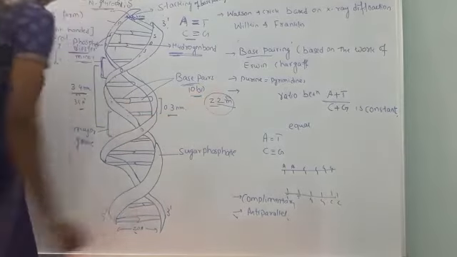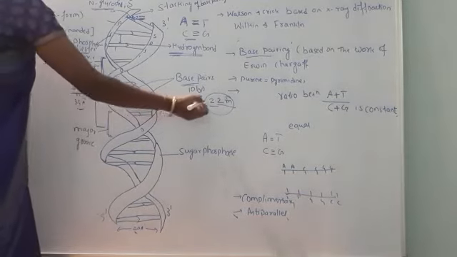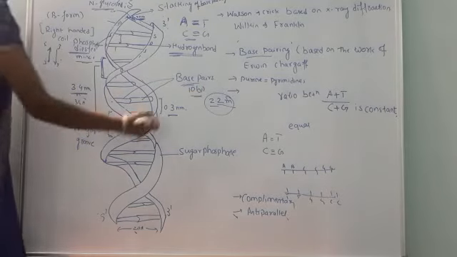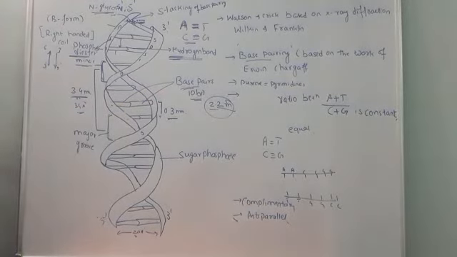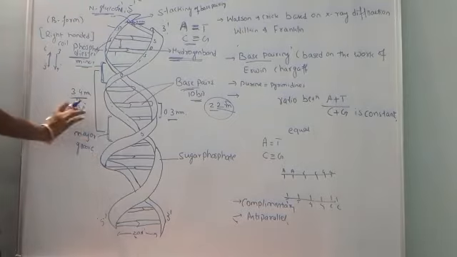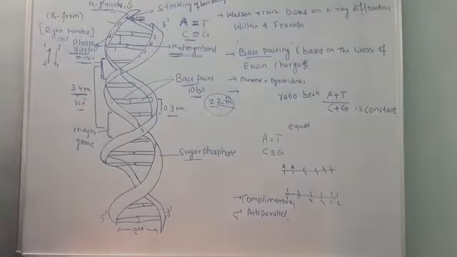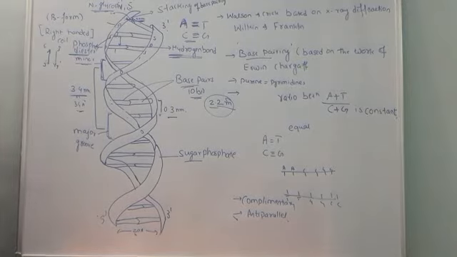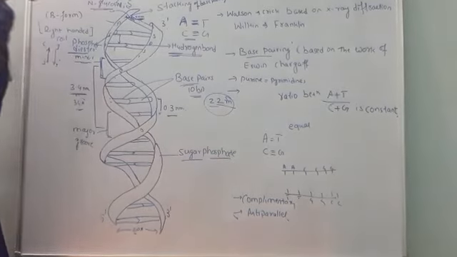Such a long DNA is compactly arranged in the nucleus. How to calculate the length of the DNA, we will be discussing under the problems. Presently we have to focus our attention only on the structural aspect. So the distance between two nucleotides is 0.3 nanometer. And the major backbone of the DNA is what? Sugar and phosphate. There is no nitrogen base, because the nitrogen base is projected towards the inner side of the DNA strand, so we should not consider it under the backbone. The backbone is composed of sugar and phosphate.